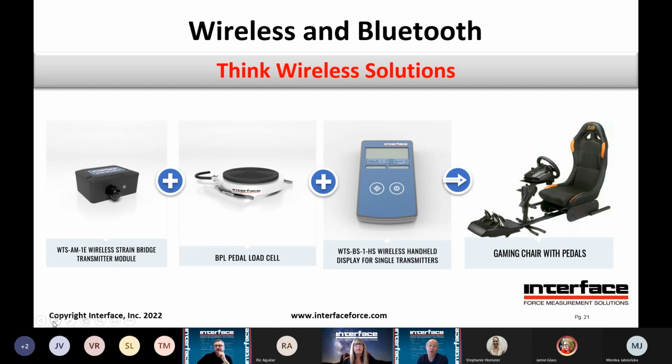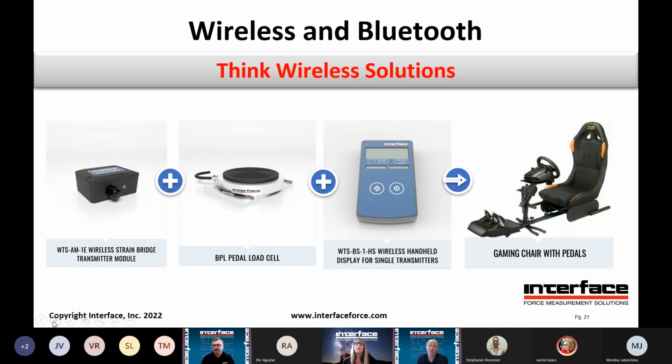In this one, we would basically use the WTS AM-1E and connect it to the end of the cable for our BPL pedal load cell. The pedal load cell is connected to the brake pedal on the gaming chair. And so the WTS AM-1E can go up to